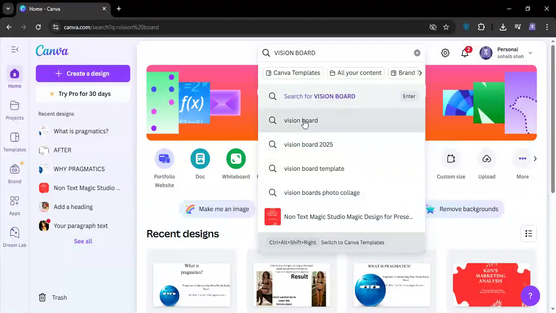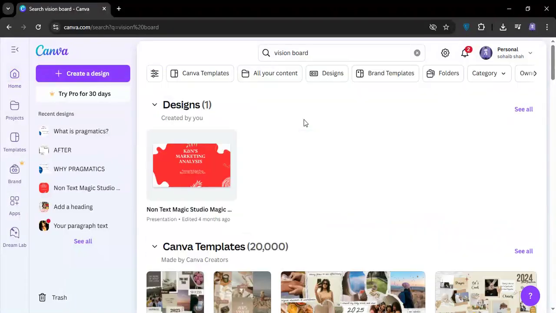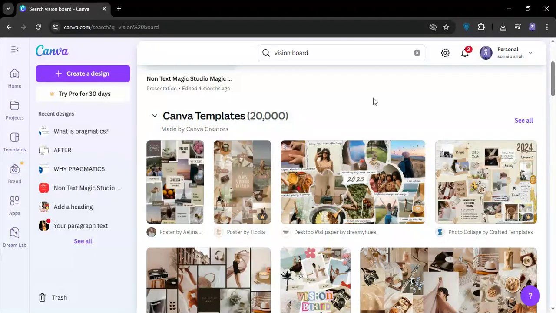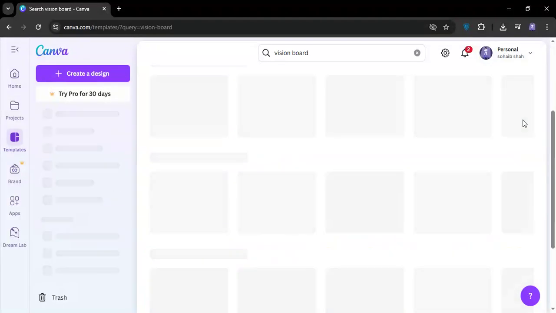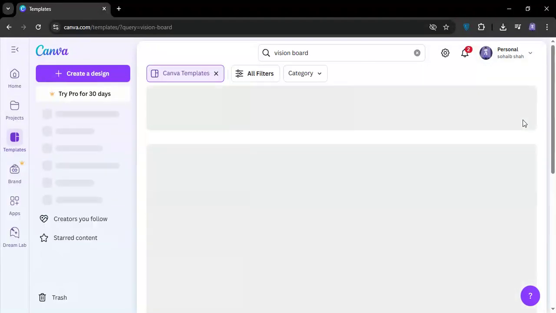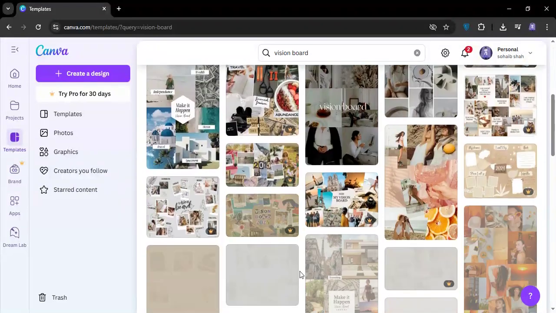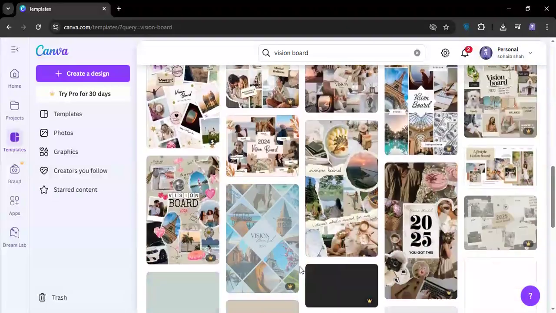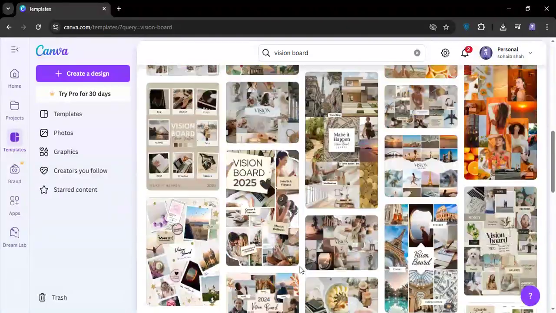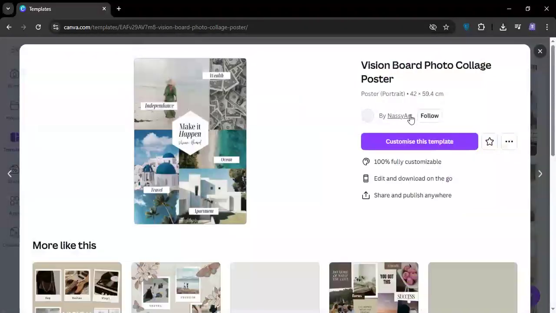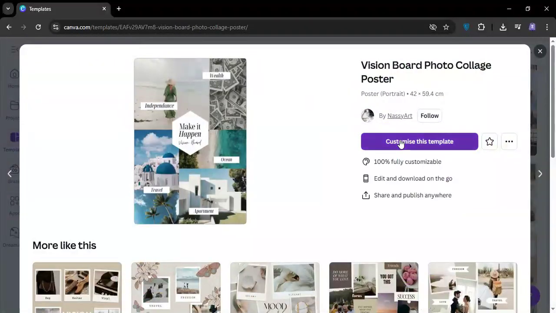There you can see vision board. You click on it, and you will see a lot of Canva templates. So click on see all. And there you go. You will have a lot of templates that you can use for your vision board. Now, I will click on this vision board template. I will click on customize this template